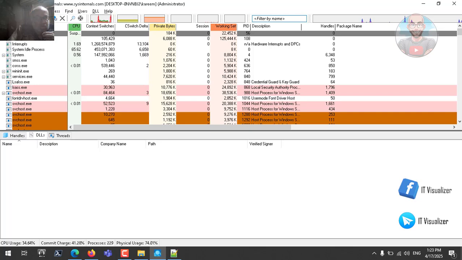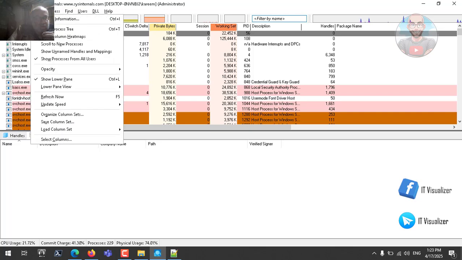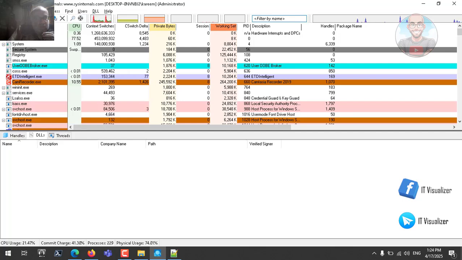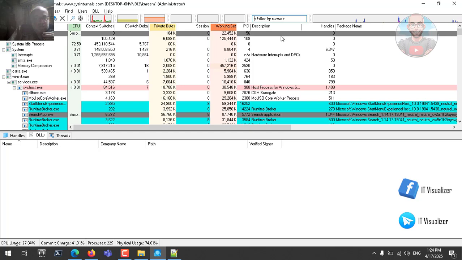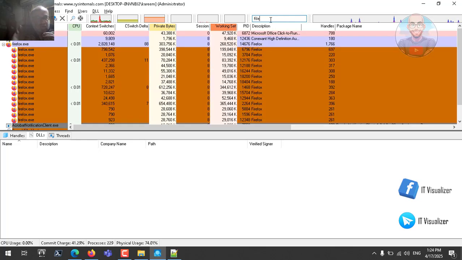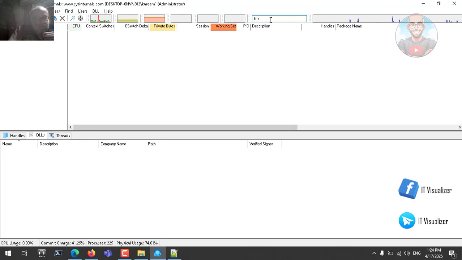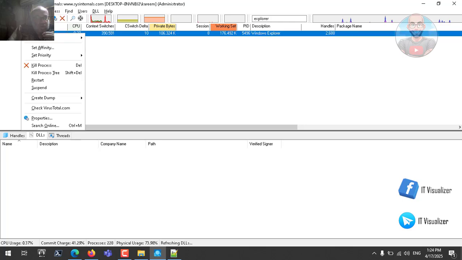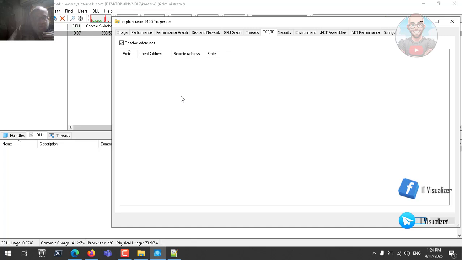So options, maybe we can view, show the process tree, so we can get this from here. We can get, I think, through the file explorer. No, maybe explorer. This is related to Windows, so this is it, the explorer, but nothing under it. But what is opening? Let me see. So here, if we go to the explorer, we can see from here that